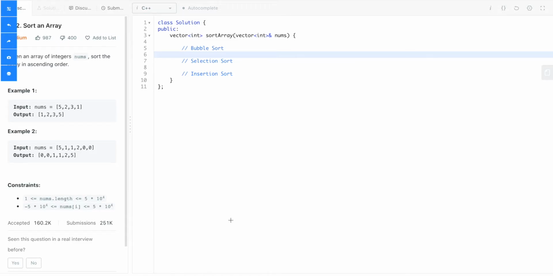Hey guys, so let us try to solve our first sorting problem, wherein a generic problem is given to us. We just need to sort this array. If you read this problem, this is a very simple one. But we will try to approach it using the three algorithms which we just studied: bubble sort, selection sort and insertion sort. We will implement this problem using all three sorting algorithms and then see which one is most efficient for us.